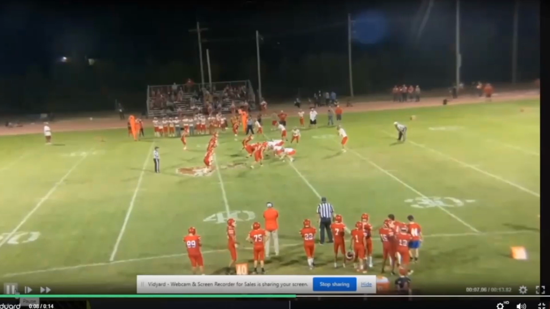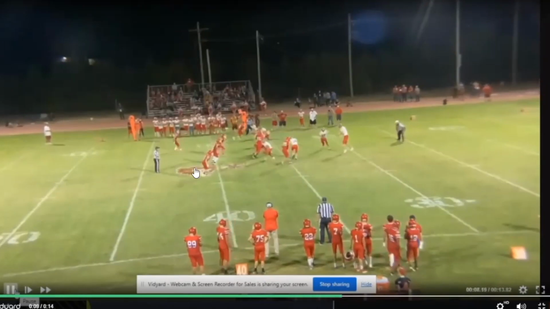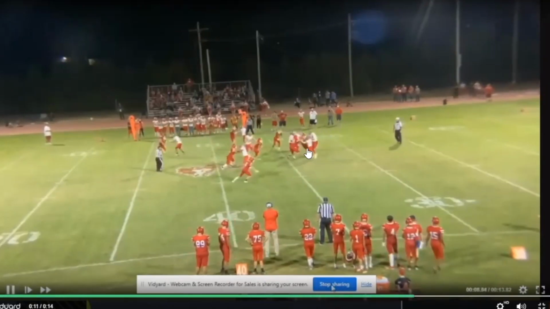Now, what's real about this clip here is we actually do not do a great job, and it's actually a tackle for loss. But you'll see if we block the nose guard like we should have, you'll see that motion really makes the linebackers redirect, and there's a huge crease that we don't get because of that nose guard. So right here, you can see where that crease would have been had we got that nose guard blocked.